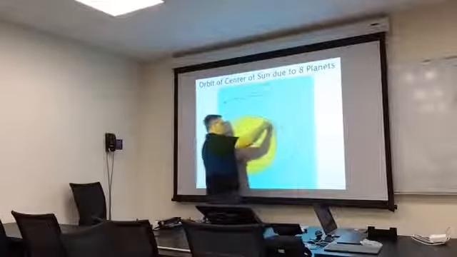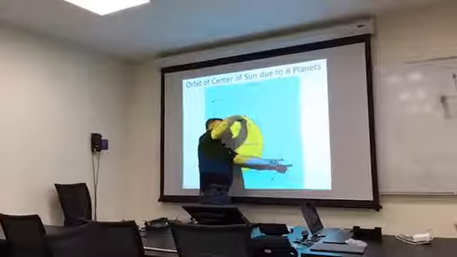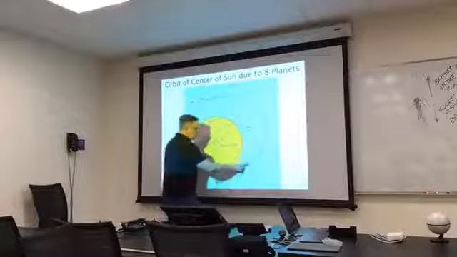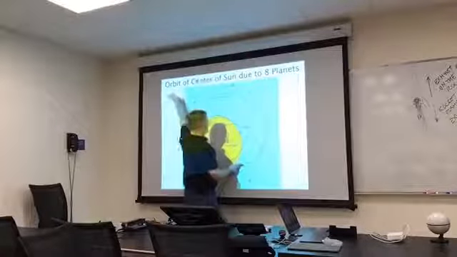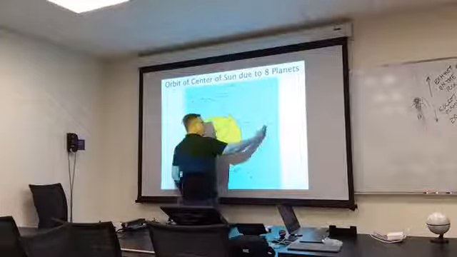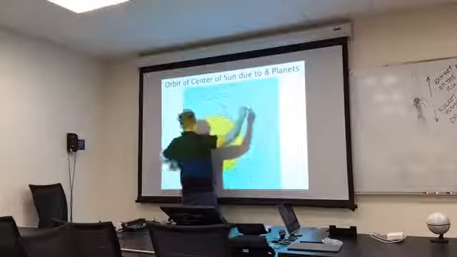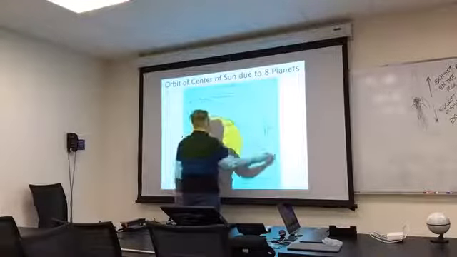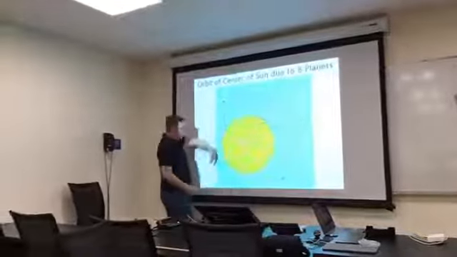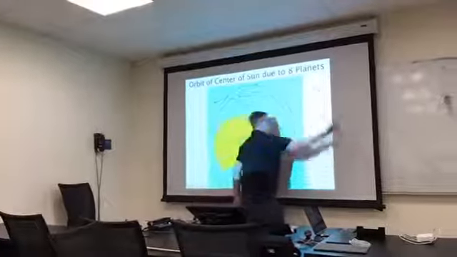If the sun is moving this way, then Jupiter must be down here moving that way. When the sun is moving that way, Jupiter must be up here moving this way. When the sun is here moving upwards in that direction, Saturn must be over here moving downwards in that direction. And when the sun is over here moving downwards in that direction, Saturn must be over there moving upwards in